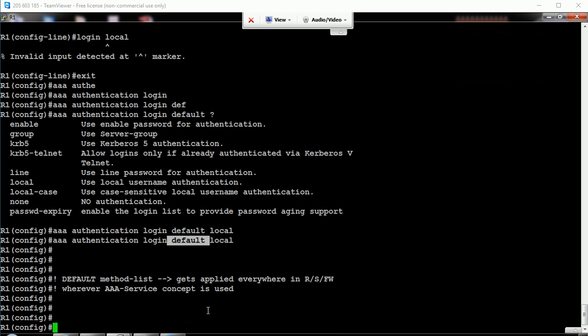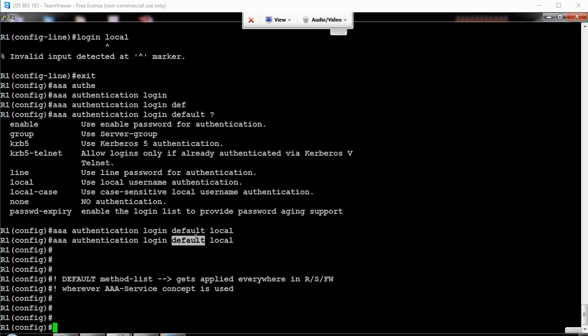In all these places, do you need the concept of authentication to find out who is logging into the box? Yes. This rule will get applied for line VTY, line console, line auxiliary.